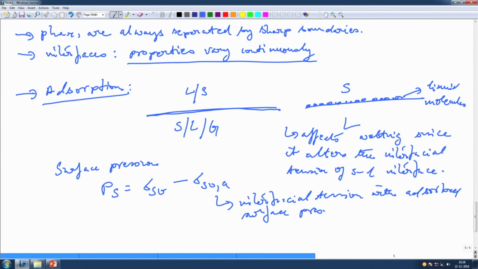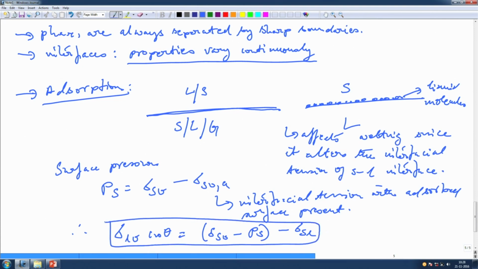In other words, it basically alters the surface pressure. Now, if we take this same relationship and substitute it in our Young's equation, what will happen is that sigma Lv cos theta is given by sigma Sv minus Ps minus sigma Sl. This is an important relationship. So, if you want to find out the cos theta, which is the equilibrium contact angle, adsorption